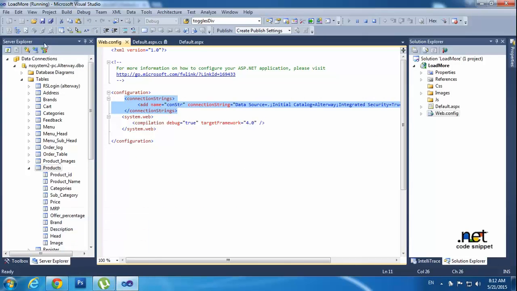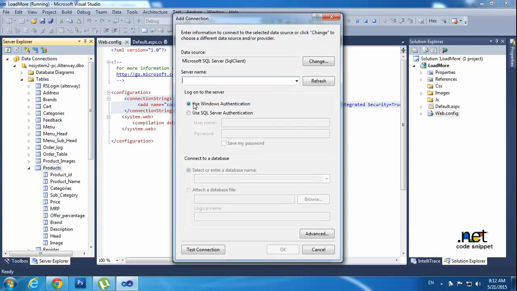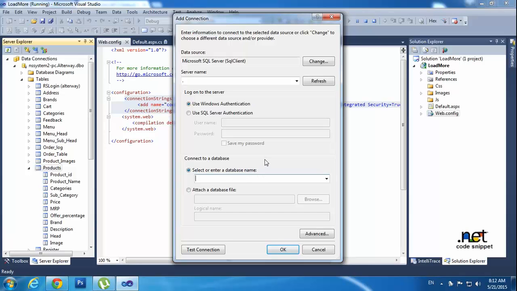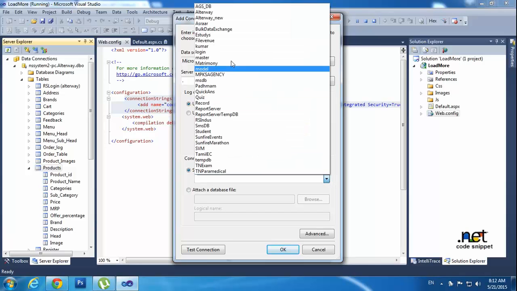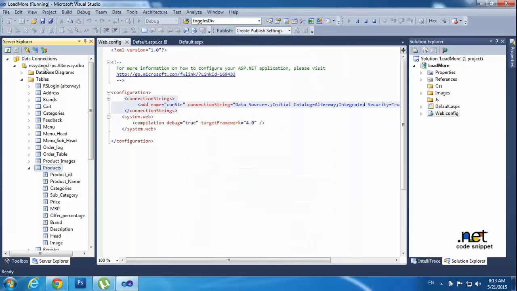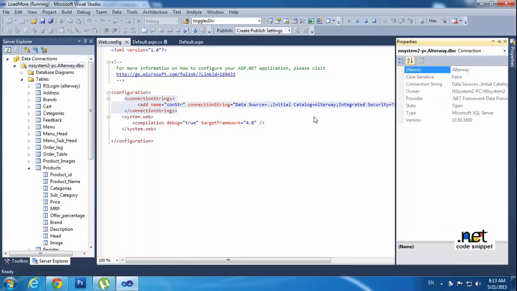First go to View and click Server Explorer, and you have to add a connection. Just put a dot and select Alterway. This is my database name. Whichever database you are using, you simply choose that database here. I am using this Alterway database; click this database and go to Properties. You will see the connection string here. Just copy this connection string,